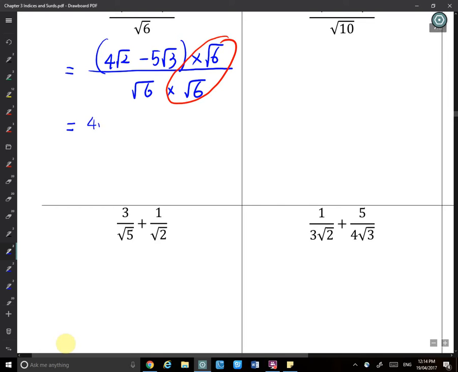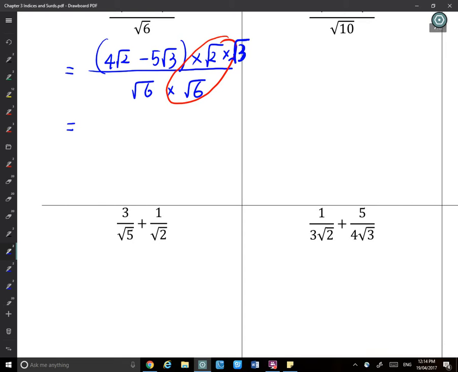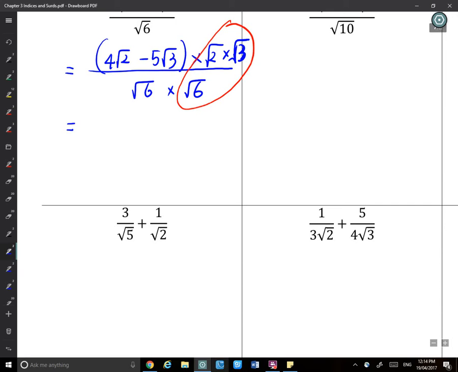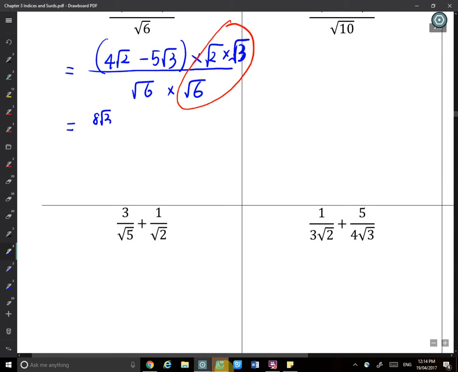Let's not do root 6 directly, because I can make root 6 become root 2 times root 3. It doesn't matter which way you do it, but I think that is easier. Because 4 root 2 times root 2 times root 3, the root 2 and root 2 become 2, and 4 times 2 is 8. So you have 8 root 3